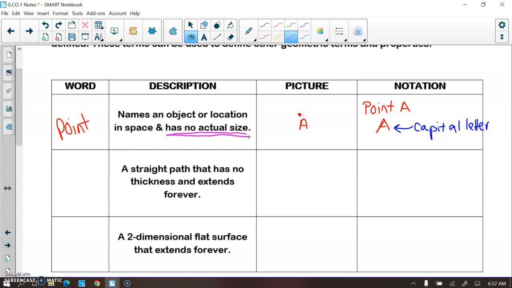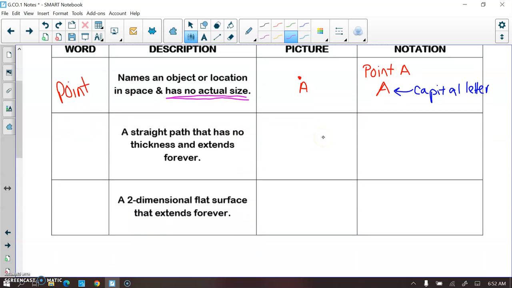So that is what I mean by it's abstract, but it doesn't even have to represent a city on a map. A point could be a star in the sky. Points can be a lot of different things, as long as you are saying that a point names an object or a location in space. That's it. All right. And then a line